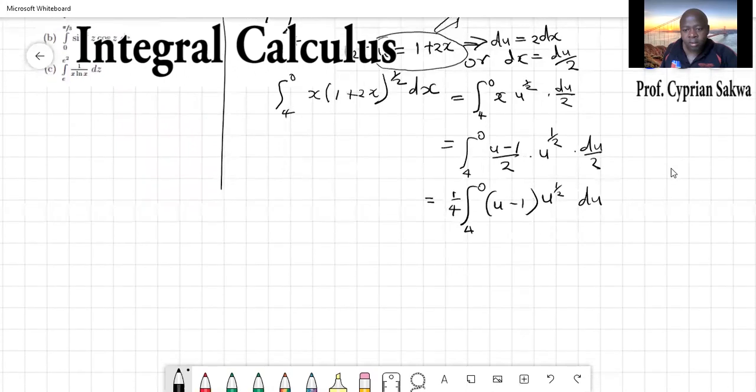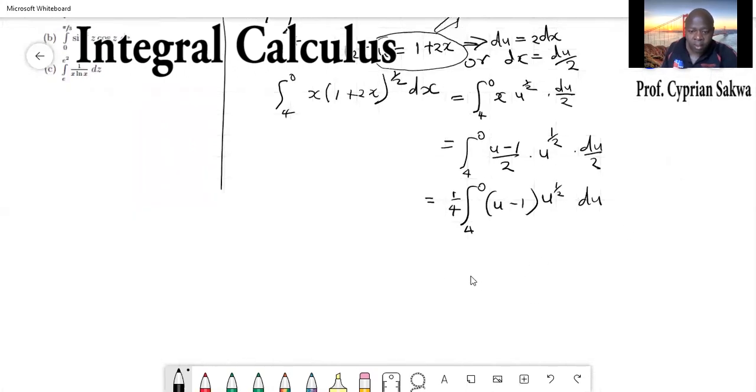So let's just expand our bracket here. What we would have would be 1 over 4, the integral from 4 to 0 of u raised to 3 over 2 minus u raised to half du. So we can now integrate. We have everything in terms of u. So we have 1 over 4 into,